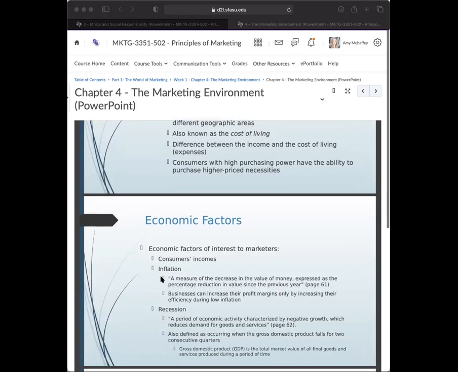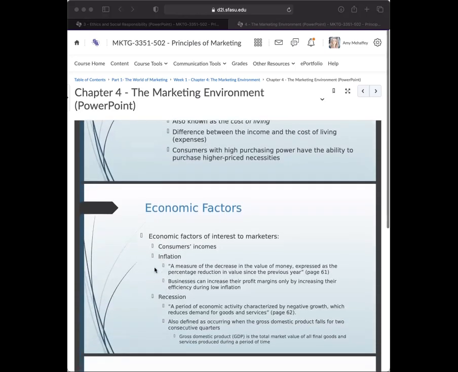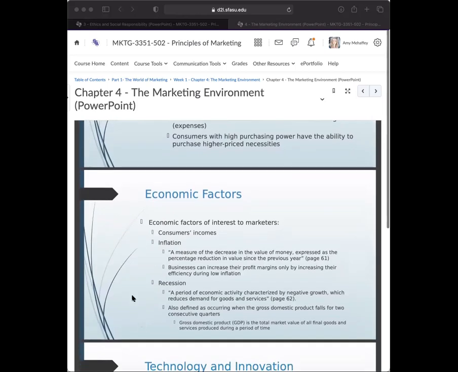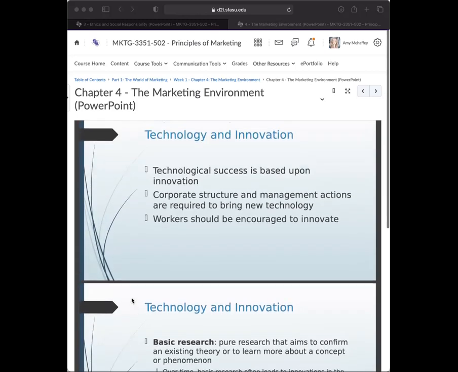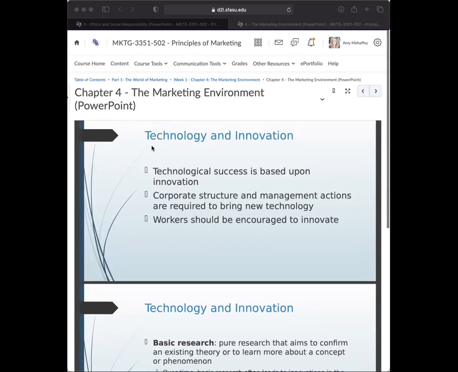Great. So I kind of touched on economic factors. I'll let you read about inflation and recession. That's an important part of this mix and the way that the marketing environment works. And then you heard me mention earlier about technology and innovation. So if the technology changes, let's say I sell computers and I'm not paying attention to technology, guess what? My computer will be outdated very, very soon. That won't be a great way for me to provide value in a product to my consumers because my technology isn't what they need at that time.